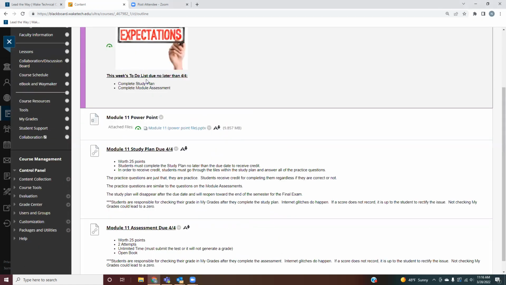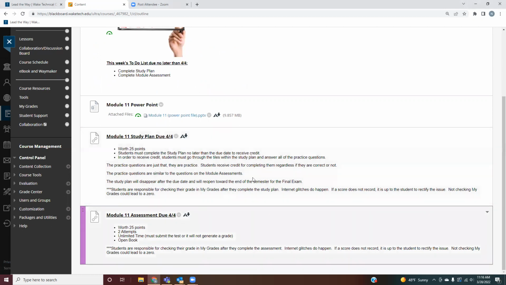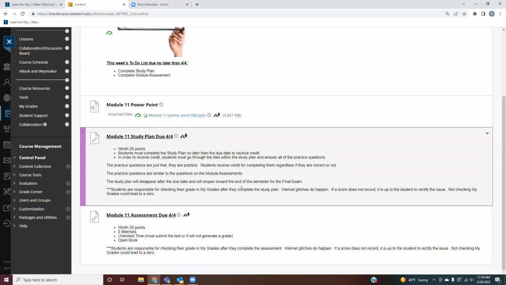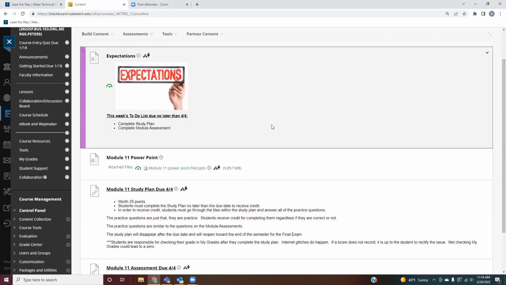This week, your to-do list is to do the study plan and then the module assessment. Just like every other week, hopefully by now this is not news. You do that study plan, you do that assessment, and those are the only 2 assignments for this week, just those 2. And you'll learn about different types of termination, specifically the importance of